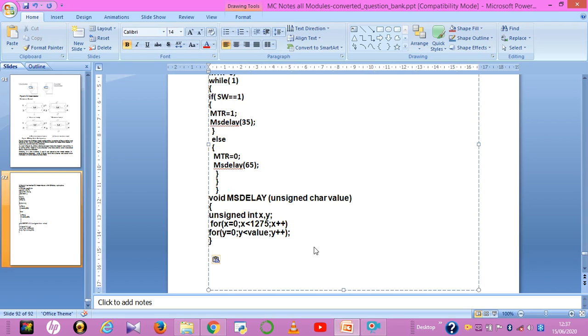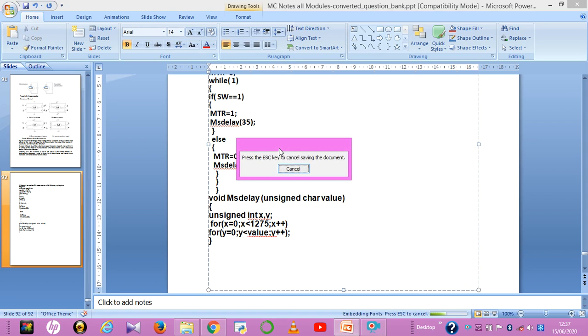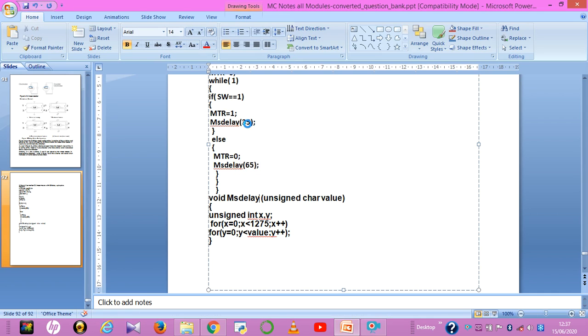So this is a ms delay, you can write the ms delay; the name should also be the same, otherwise it gives errors. Like this you have to write the program to run your DC motor at 35% duty cycle. Suppose you want to change the duty cycle, if they have given 50% duty cycle, then in place of 35 just write 50, and for the off state again 50. Both together, on and off, should give 100%. In this way you can change the program.